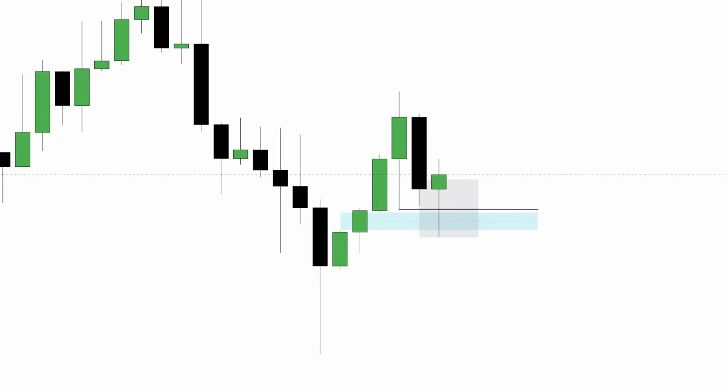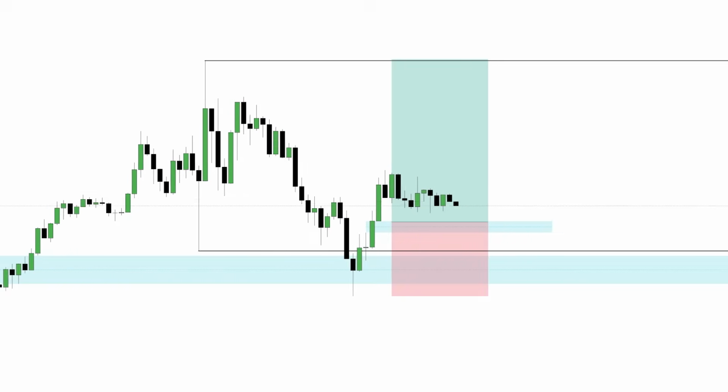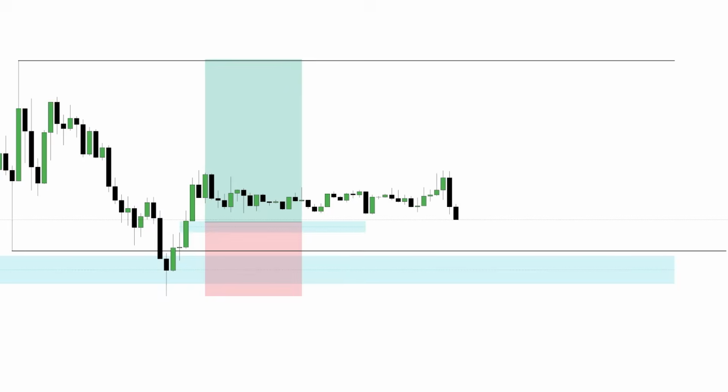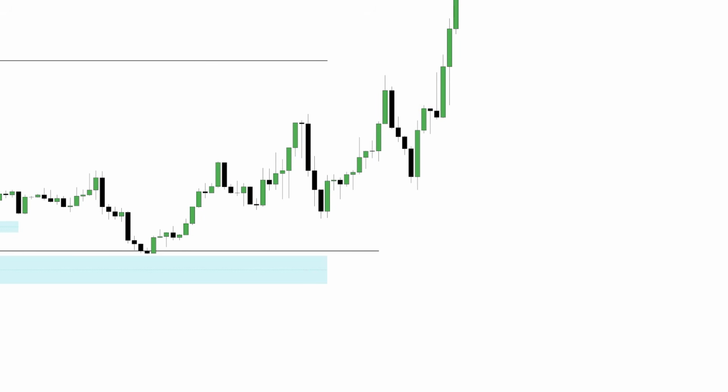Variable 5 is the trouble area. On the 4-hour chart, this is the nearest fractal high where we will set our take profit. The position is opened from the fair value gap zone, with the stop loss placed below the fractal, and we achieve a risk-reward ratio of approximately 2.2.